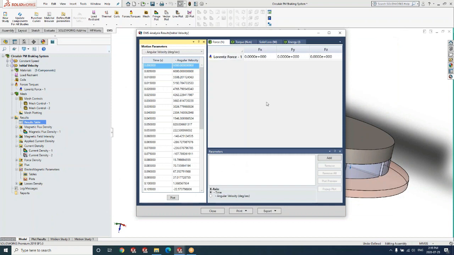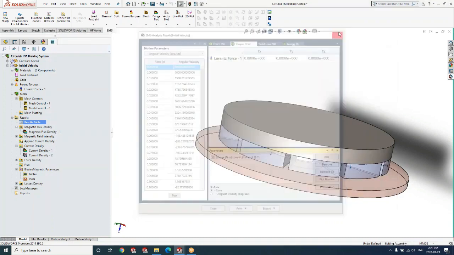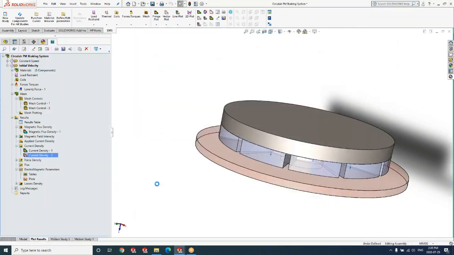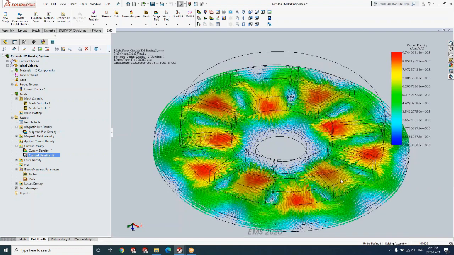The next objective is really for us to study the torque about the z-axis. So EMS helps you to understand how the torque varies as a function of time. Now this is the braking torque. You see the negative value is opposing the movement, and you can see how the braking torque varies as a function of time. Last but not least, EMS also has the ability to view the eddy currents. Here I have a plot of an eddy current distribution in the copper disk at a particular time, say 80 milliseconds.